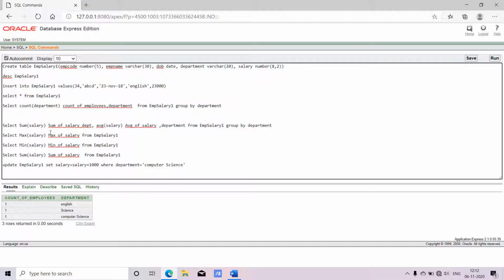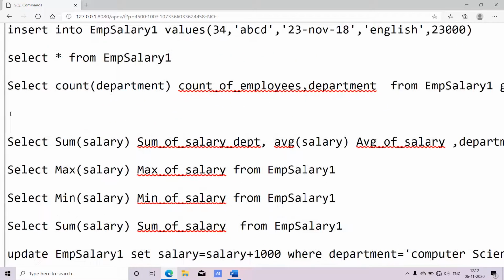I'll be writing the query as select. We have an inbuilt keyword called sum. I need to find the sum of salary.